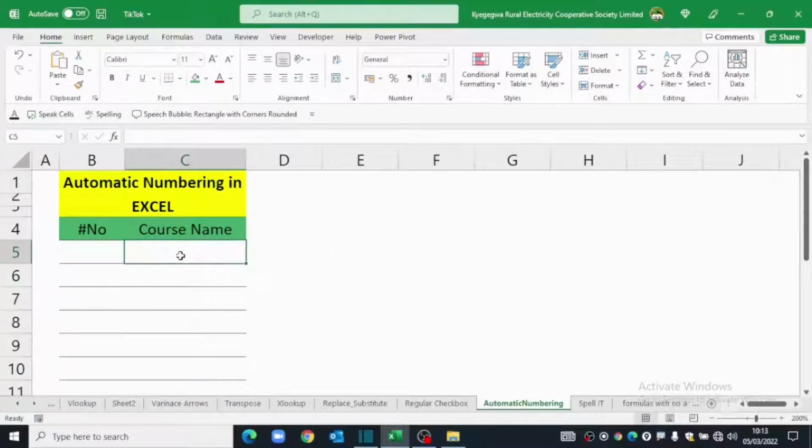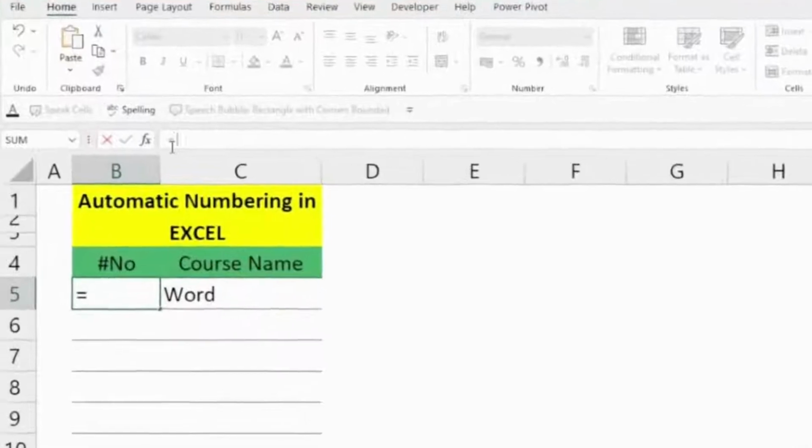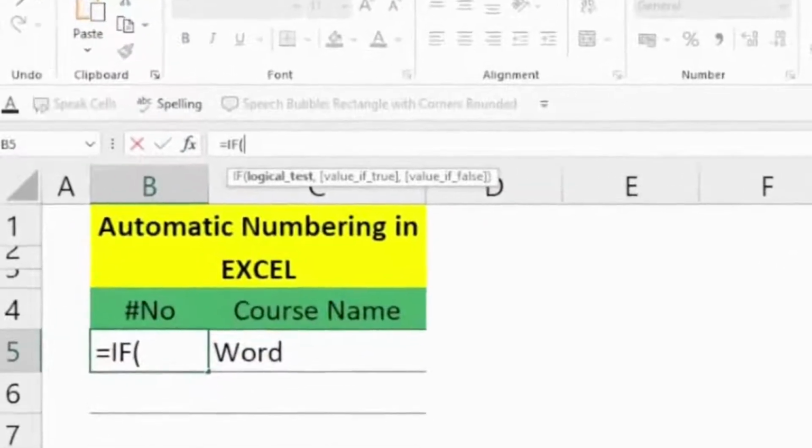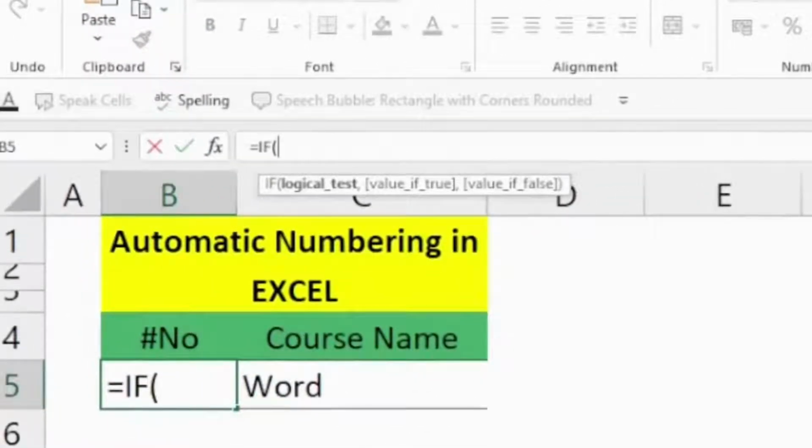I'll start by putting in any record over here. Then I will move to the column where I want my auto numbers to generate from, and in the formula bar I will start typing equals IF. Then I will give Excel a logical test, and this will be if cell C5 is empty, open and close quotes, comma, then give me nothing, open and close quotes, comma, and if the value is false, then